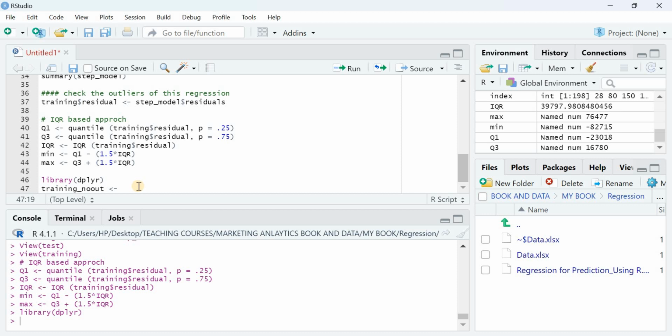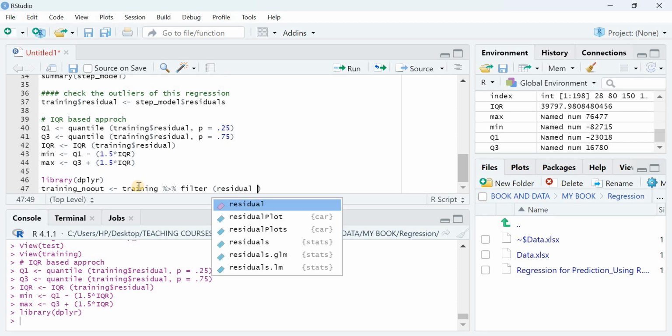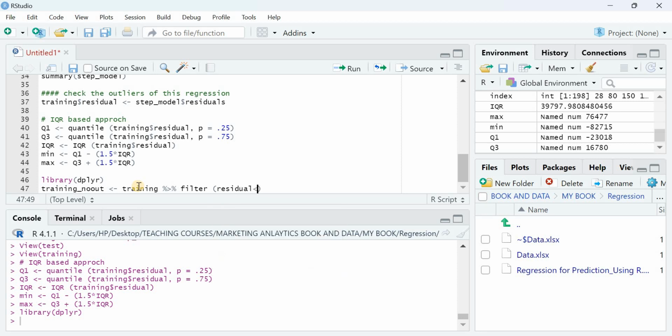I can detect using the function, training then the pipe operator, and then I use the function filter, then I use residual, then I say residual less than or equal to